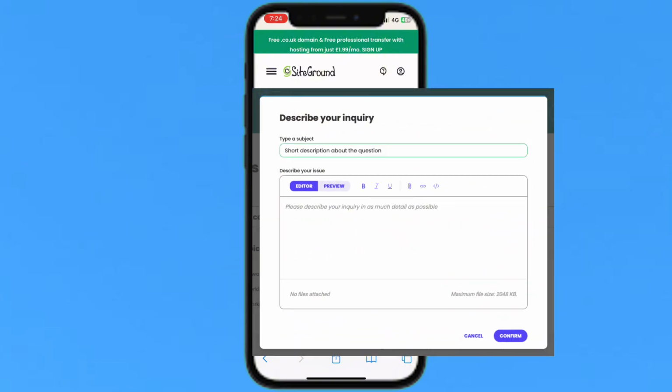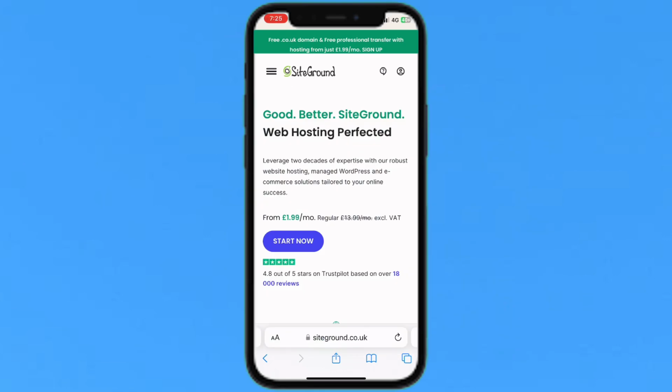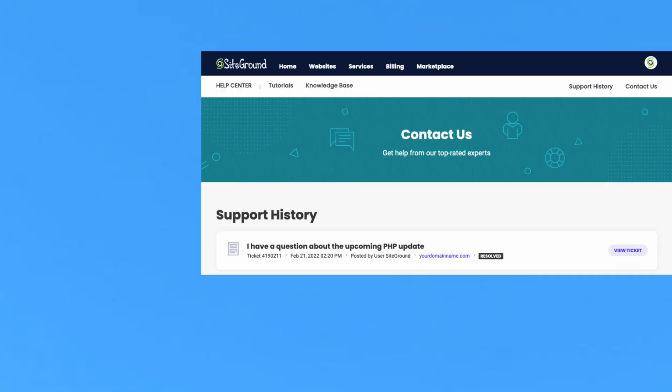So you can edit the subject of your ticket and describe your issue in detail. Note that you can upload a file if you need to. So you can just attach the file of your problem, and once you confirm and submit your ticket, you can view it from your help center support history. And if you are unsatisfied with the resolution from the ticket channel, you can ask to have your ticket escalated